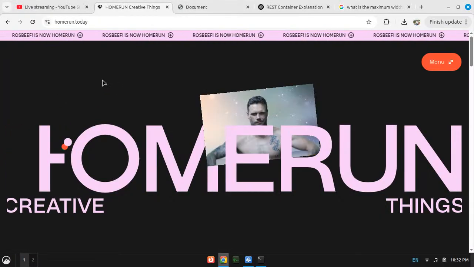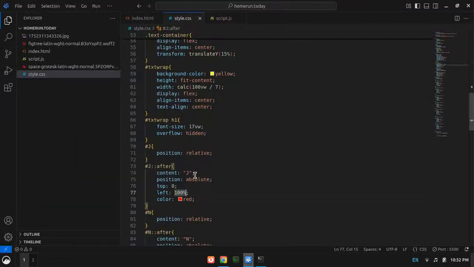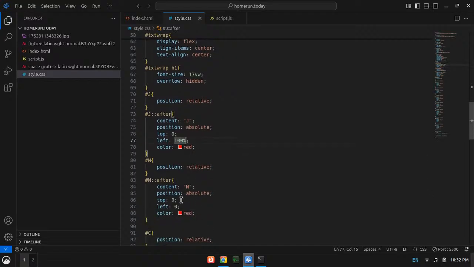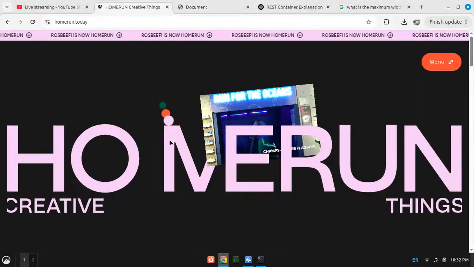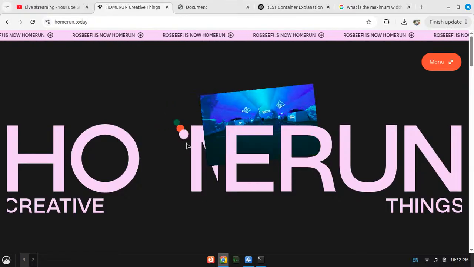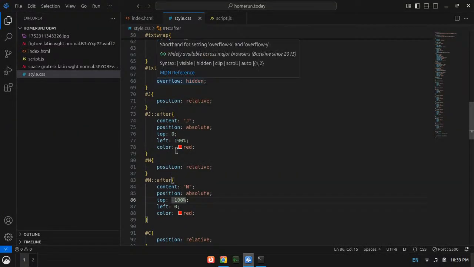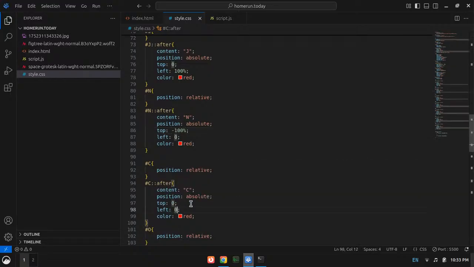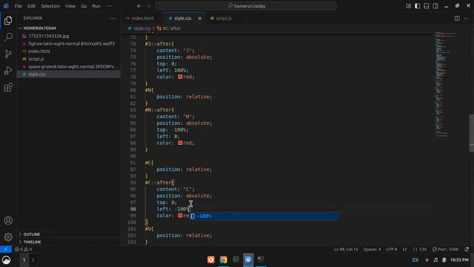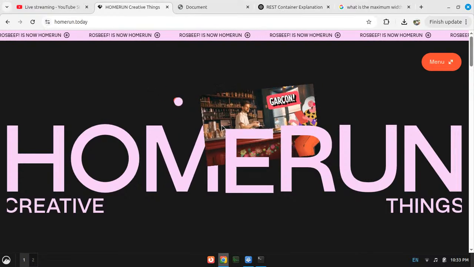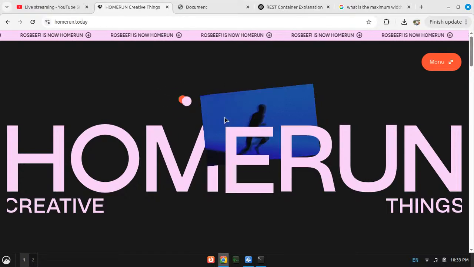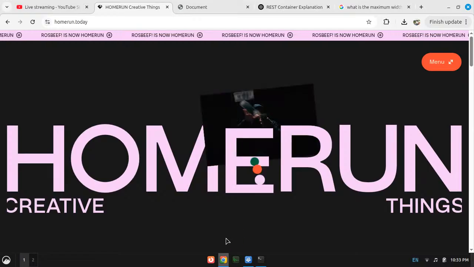First one comes from left, then second one comes from top. So at the end I need top minus 100%, then the top one will be up. Then where is the next one? It comes from the right, so it will be left minus 100%. And then it comes from down, so it will be top 100%.